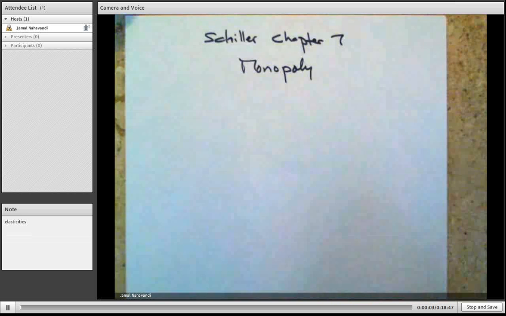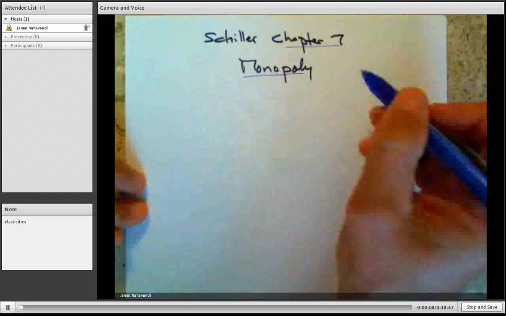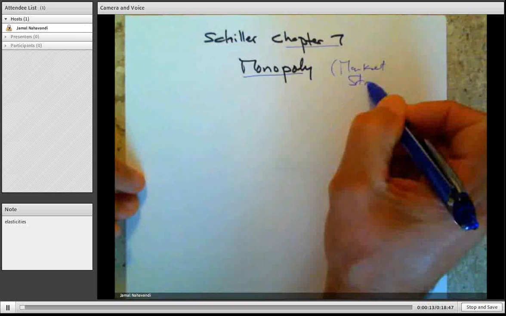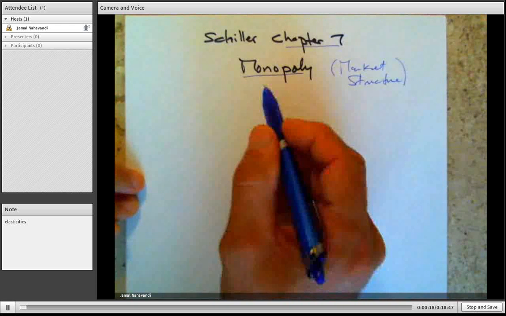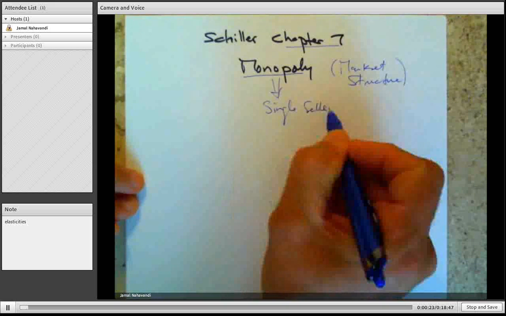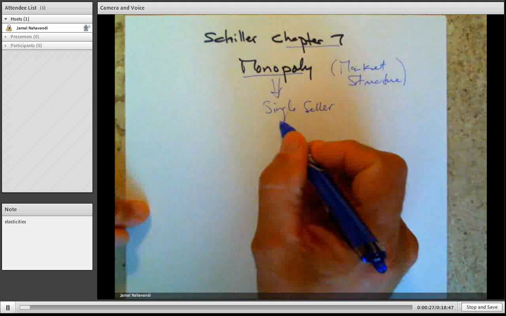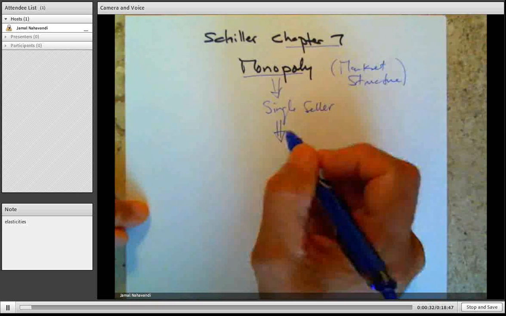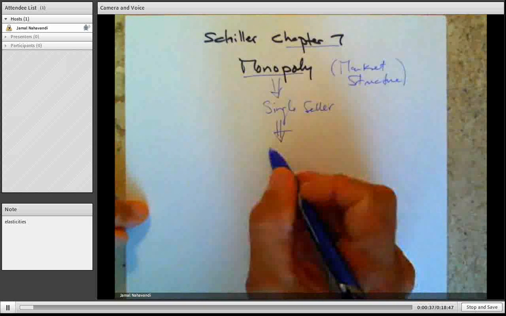I'm going to discuss Schiller, Chapter 7, Monopoly, as a part of the market structure discussion. In this instance, the monopoly is referred to as a single seller. And so given that, then unlike the perfectly competitive market, where any given firm is a price taker, a monopoly is a price setter,